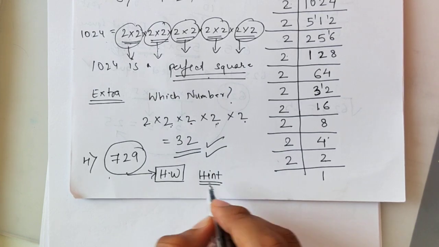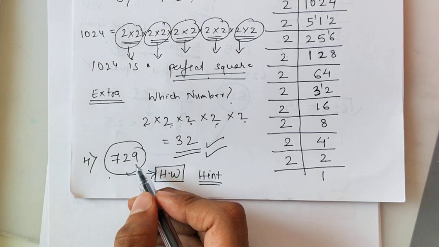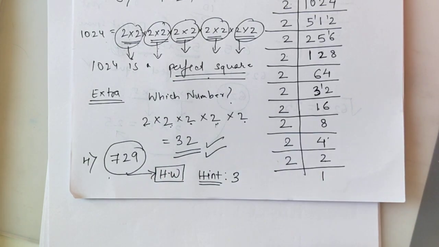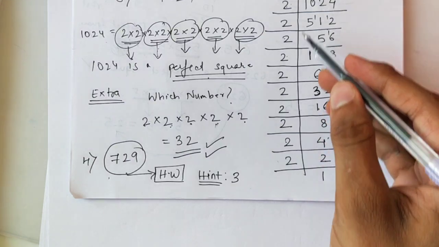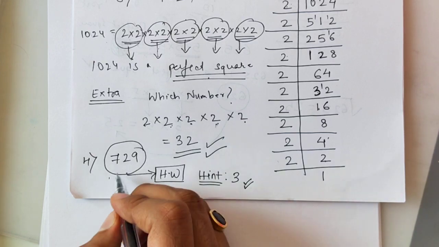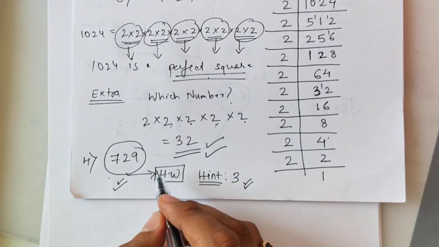This division is not divisible by 2 because it is an odd number. That is very explicit from here. But I'll give you a hint that you have to start dividing by 3. Okay, make a line like this, do all the divisions, and next time I'll solve this sum. You can check it with the sum which you have done for homework.